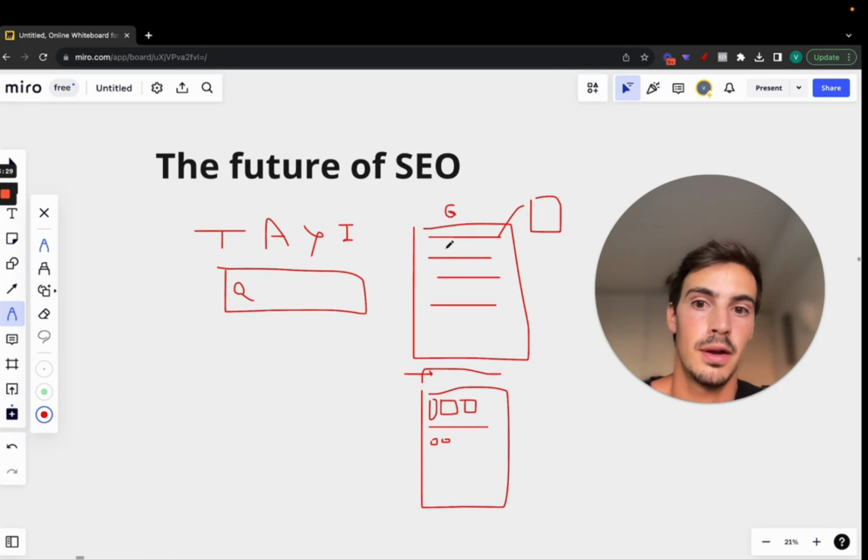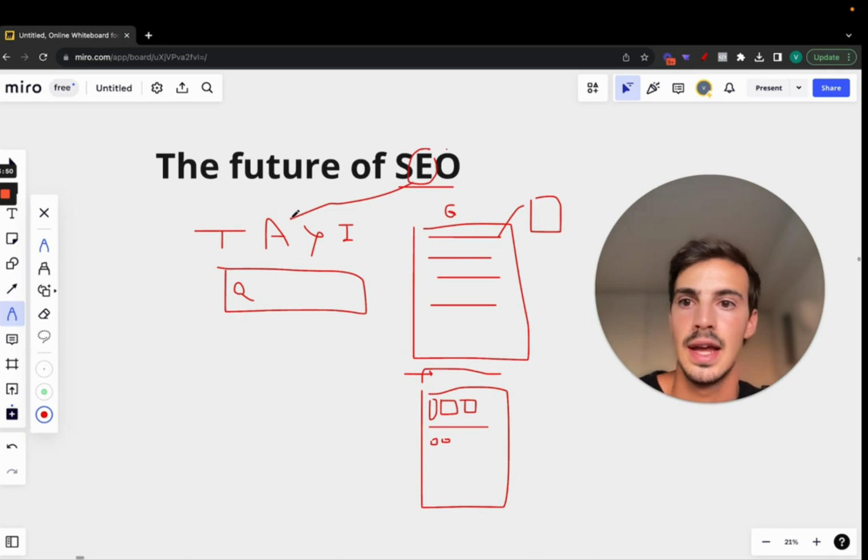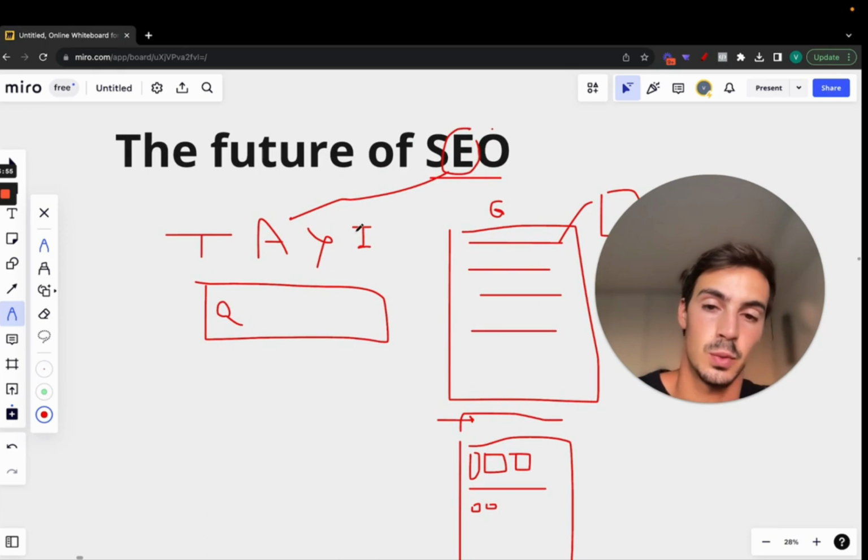And in my opinion, the future of SEO looks like this, if you're doing SEO for a brand, right? If you're optimizing their website, their business for search, because let's not forget, SEO means search engine optimization, right? The engine where they're searching, again, whether that's Amazon, where you're trying to make a product show up higher in the rankings, whether you do that by having the keywords in the listing, having properly optimized images, right? All these little things on the different search engines work differently. All these little changes you make, for example, on Amazon to get the listing to show up higher, you're optimizing for search, right? You're optimizing for search engine optimization, right?